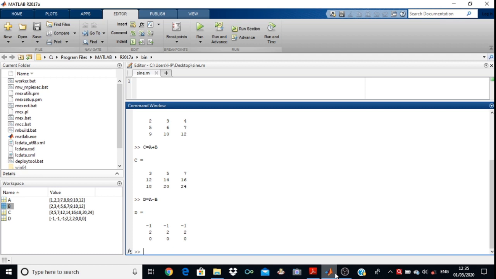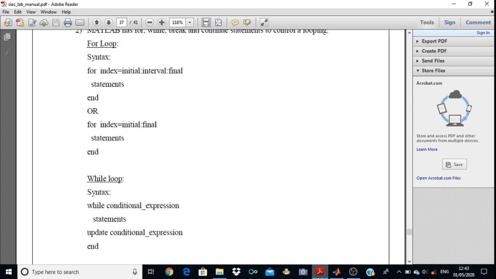Now we'll try to understand the addition of 2 matrices using the for loop. Before entering the matrix using the for loop, first we will have to understand the syntax of the for loop. The syntax is very simple. For index equals initial colon interval colon final, then the statements are given and then end.